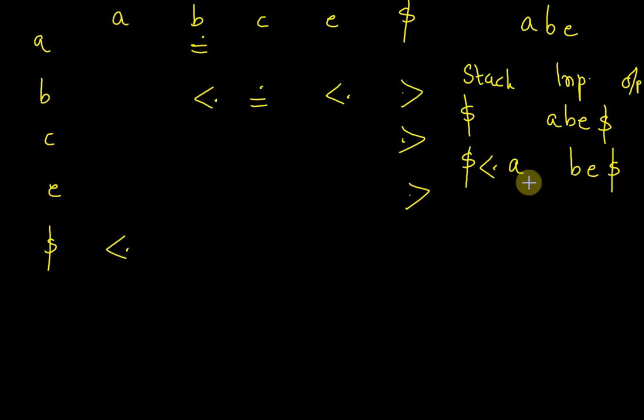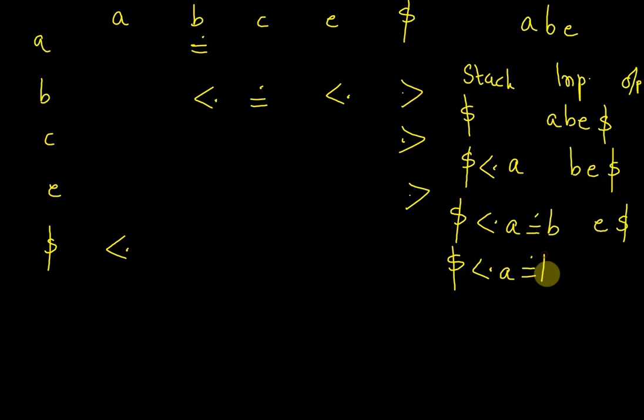Okay. Now the topmost symbol on stack is A, and the first input symbol in input is B. So A and B. What is the precedence relation? It is equal to. Okay, so whenever you get equal to precedence, you just push that equal to precedence, push one symbol here and write the remaining input as it is. Now the next is B and E. B and E is less than. So less than, A is equal to B, less than, again push this symbol on the stack.